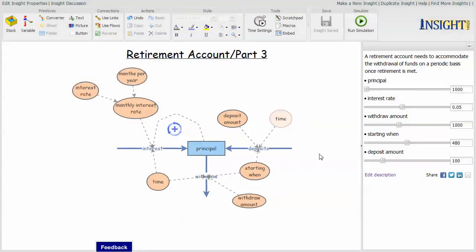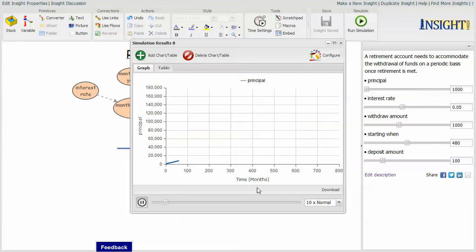So if you assume that you started the retirement account and depositing money when you were 20, you could retire at 60, and you then want to say, okay, suppose that I draw $1,000 a month out of this retirement account once I reach the age of 60, how does it look over the next 20 years? So if I go ahead and run this, it now shows me that over the first